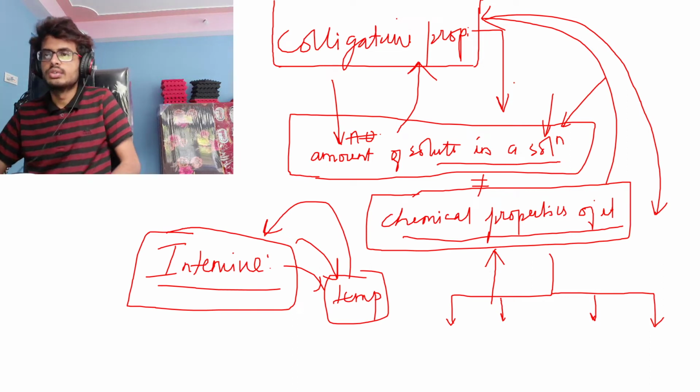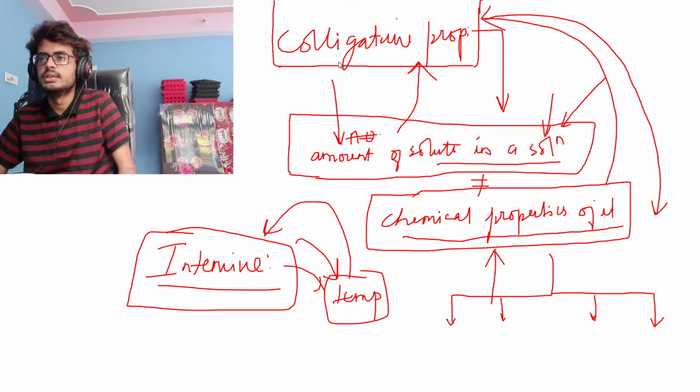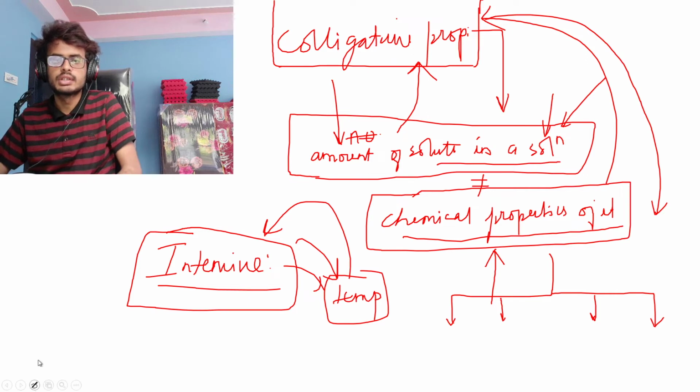So now we go towards the 4 different colligative properties. We need to know about 4 different colligative properties. I'll not go in detail, I'll just name them. So the first colligative property that we need to know is